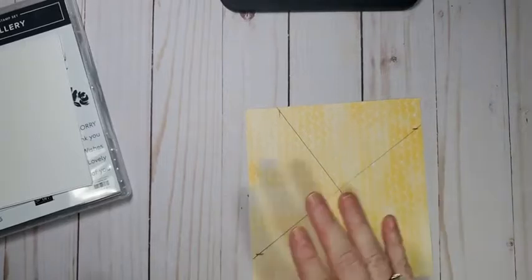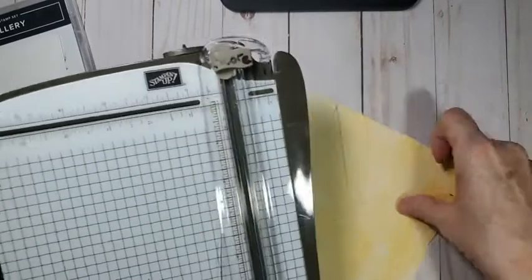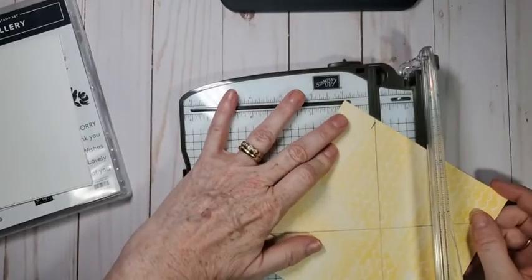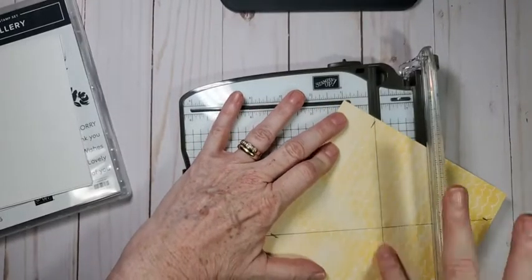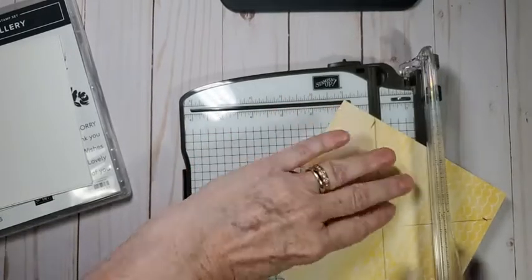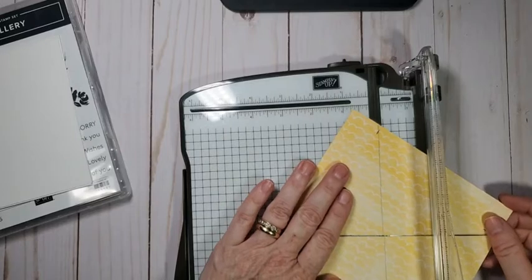So once you have your paper marked, then what you're going to do is get your cutter and line up, and I apologize, always apologize for the glare. Line up your cutter where you've made your pencil marks and go ahead and cut. And then turn your paper this way and line up your...